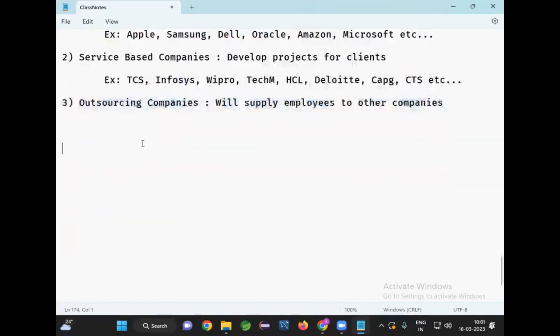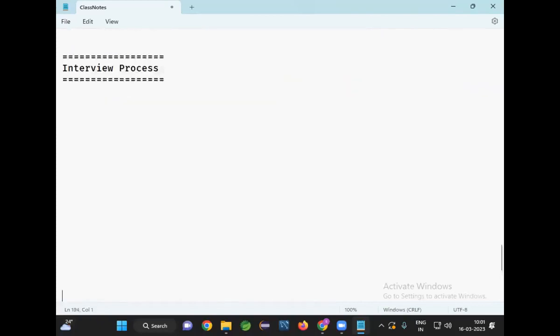And the next one, the interview process. How does the interview process work when you go for an interview? Product-based companies will focus mainly on data structures and algorithms. So if you go for a product-based company interview, they will not ask anything on Spring Boot, microservices, Docker, Kubernetes, or AWS. Nothing of that is required for them. The product-based companies are going to focus on data structures, algorithms, system design,